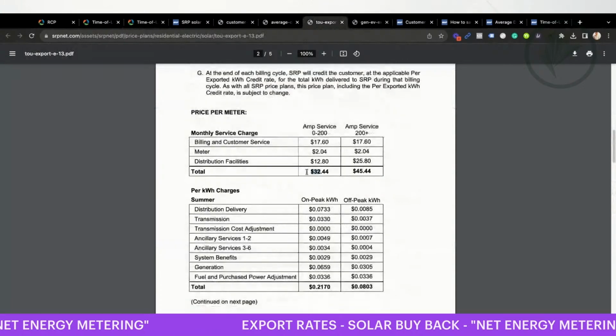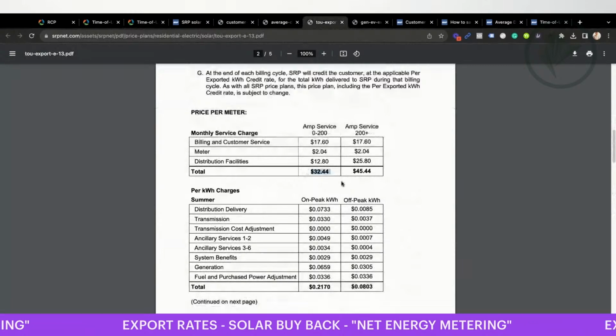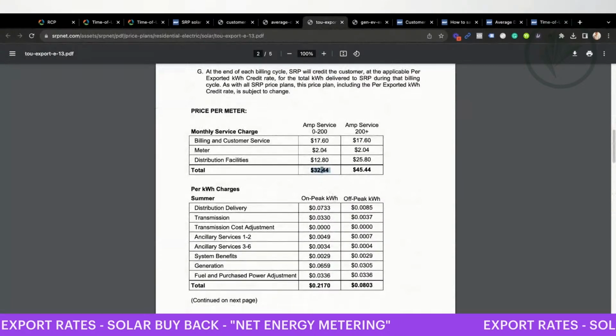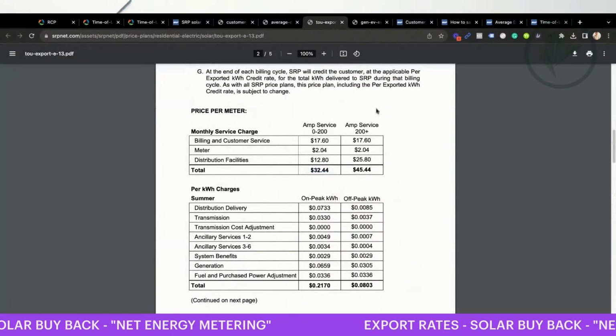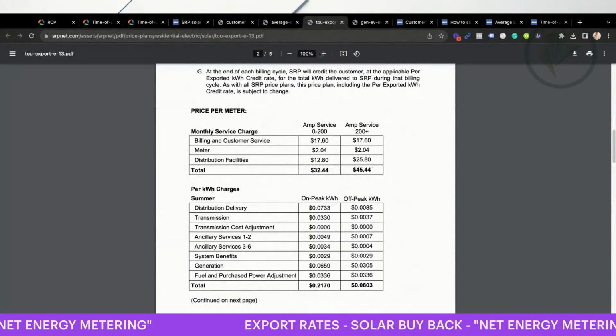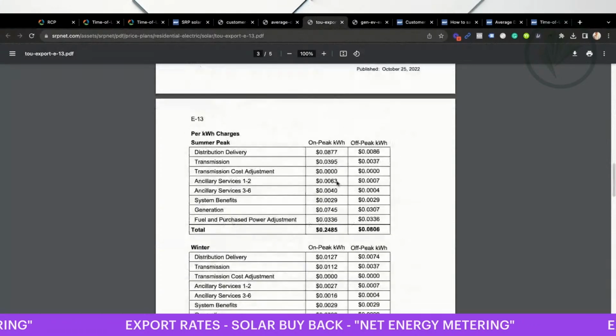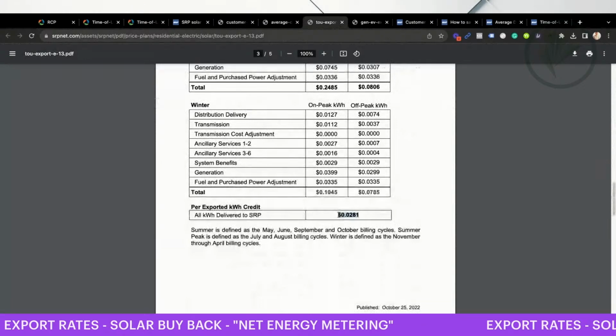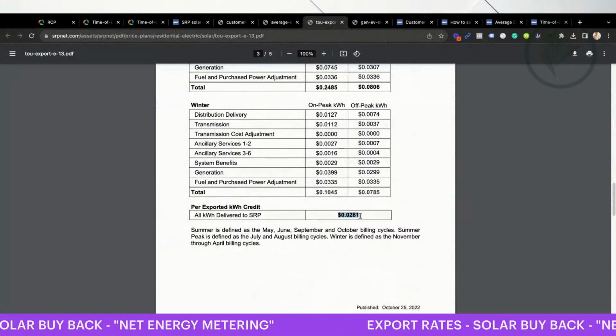So where do you really want to be when it comes time to do this? I don't know. Do the math. But then again, you have SRP versus APS, so these two don't ever touch. Anyway, let's keep going. So hope that really explains kind of the kilowatt charge, the export rate, I guess, payment,